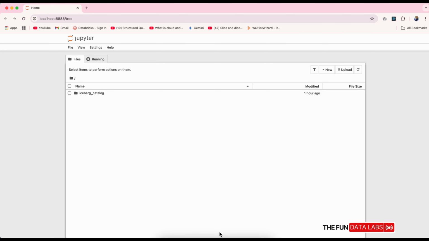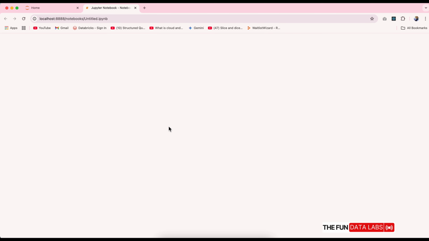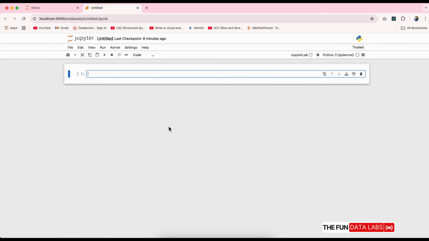Let's create a new notebook by right-clicking and selecting New Notebook from the drop-down menu. A new notebook will open with an empty cell. Now we're ready to start writing code in our notebook. Let's first recreate the environment setup we did in the previous session. In the first cell, type: